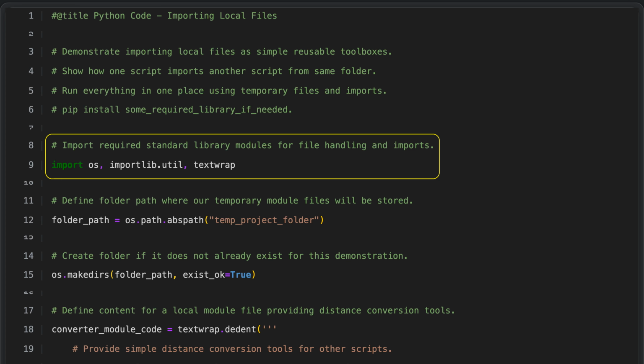We begin by importing 3 standard Python modules that prepare our script for key tasks. The operating system module lets us work with files and directories. The import utilities module allows us to load modules dynamically from specific file locations. The text wrapping module helps format and manage multi-line text. Together, these imports give us the tools we need to handle files, format text, and import modules dynamically in our